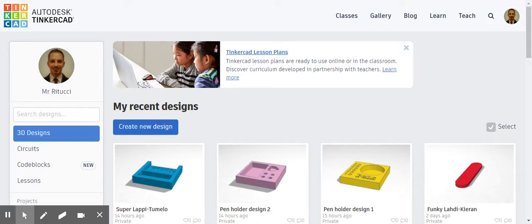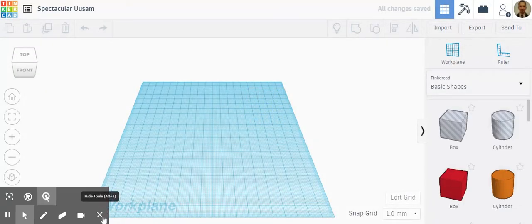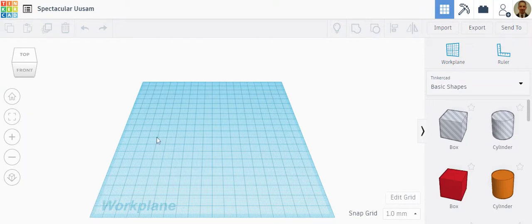Then that will open up a window. That is our workspace, which hopefully you should be familiar with after watching the introduction video on Tinkercad. So what we need to do first is we first need to bring in a box, because this is going to be the basis of our designs. We bring the box in,